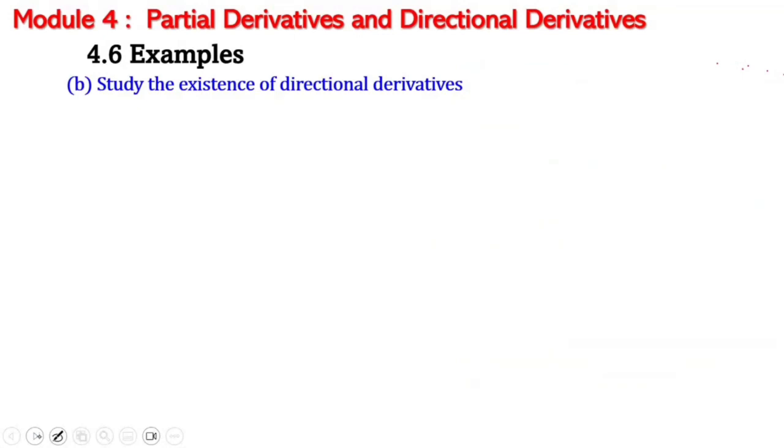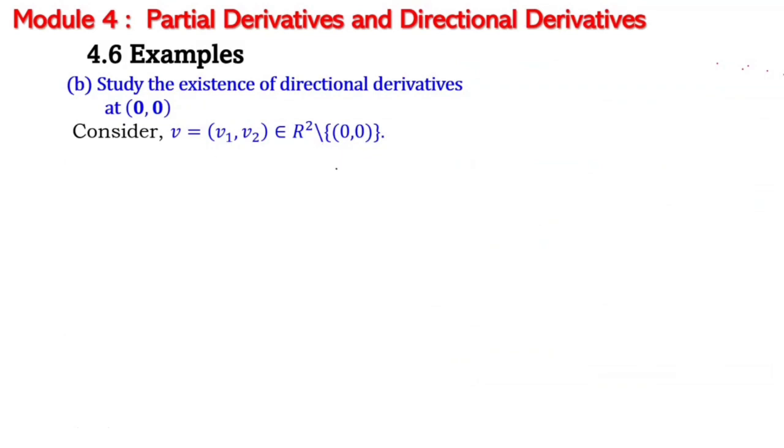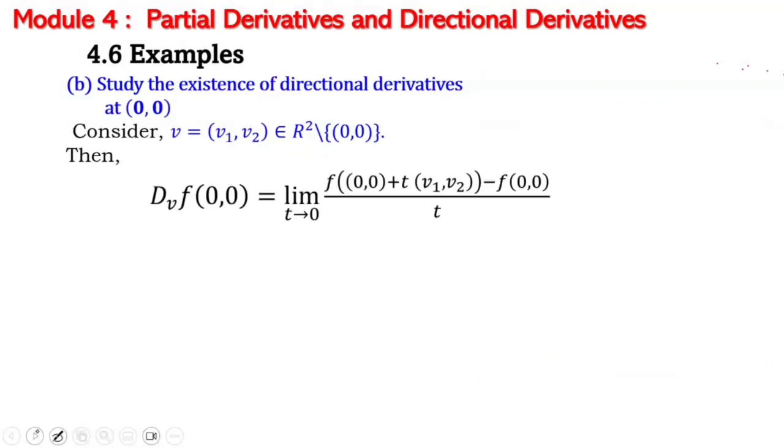Okay. Now we'll study the existence of the directional derivative at (0, 0). For that we consider the vector v = (v1, v2) belongs to R2 minus (0, 0). Then using the definition of the directional derivative we will have now